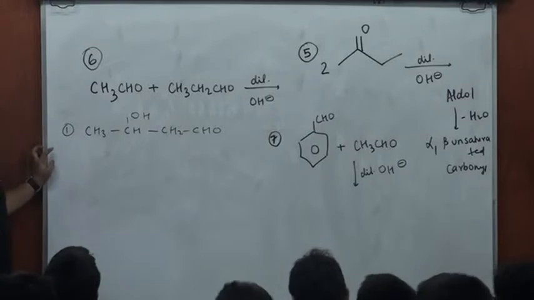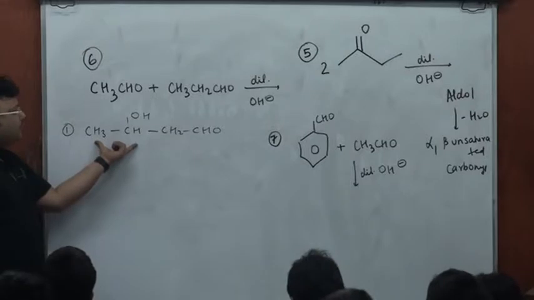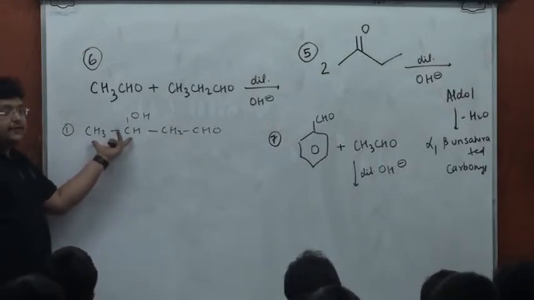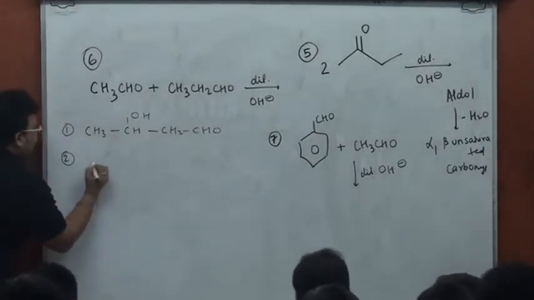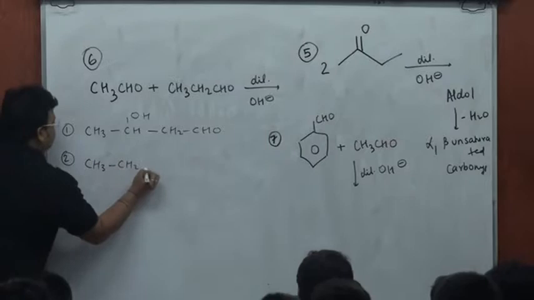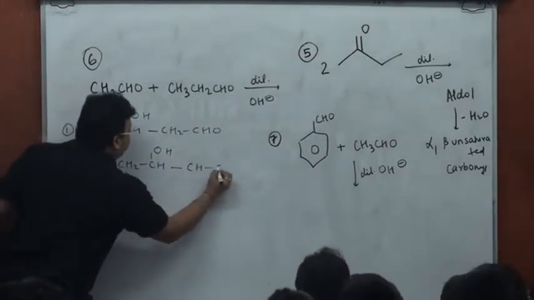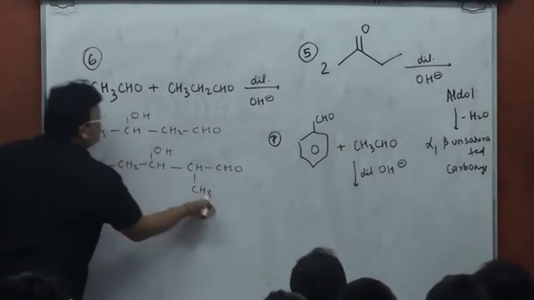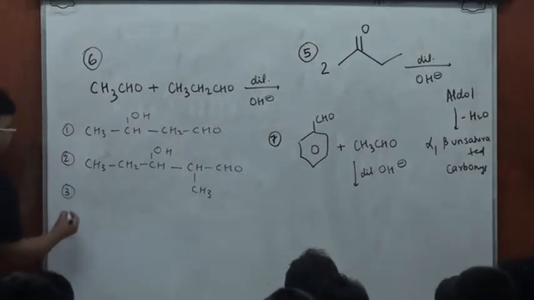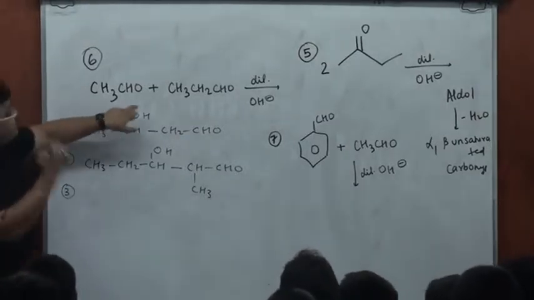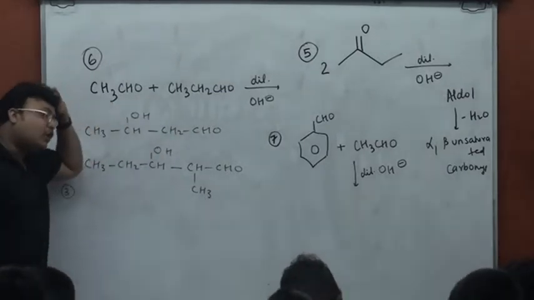But all of you understand it is the self-aldol of ethanol, where this part of this ethanol molecule has acted as the acceptor and has attached itself to the alpha carbon of another ethanol molecule. Similarly, for propanol, it's going to be CF3CH2CHOH, and then I'll attach it to the alpha carbon of the other molecule. Now these two are self-aldol products. Yes or no?